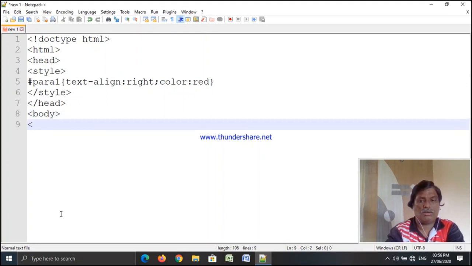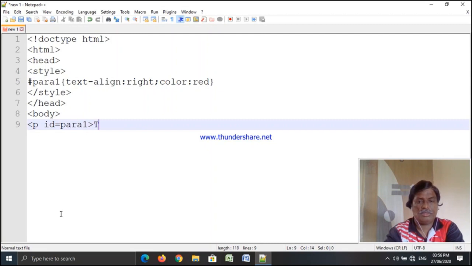Then take a paragraph selector P tag. It contains the name of the ID. Here id works as an attribute and the name of the ID is para1.